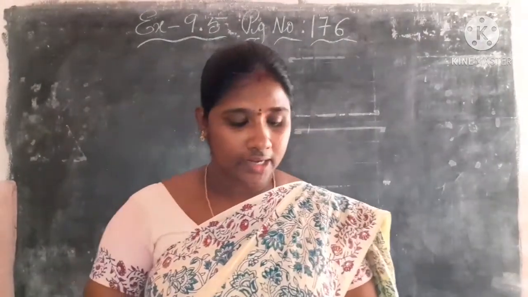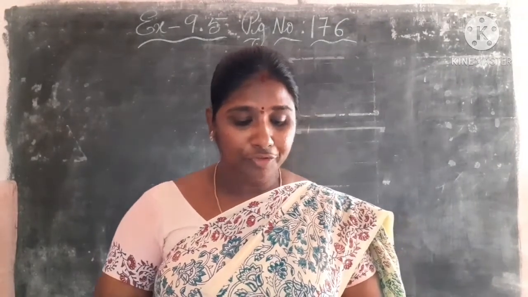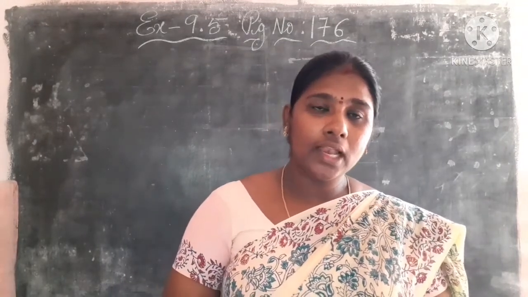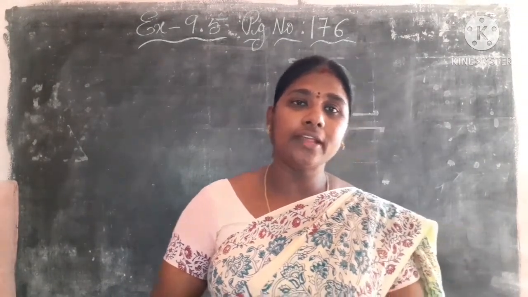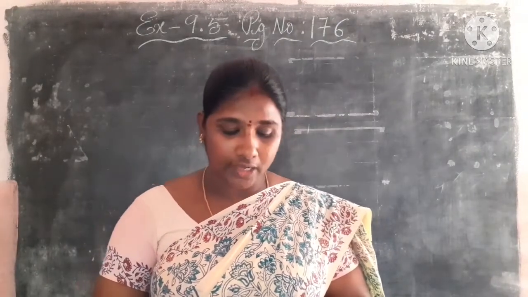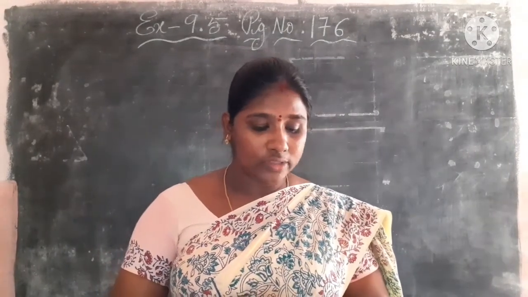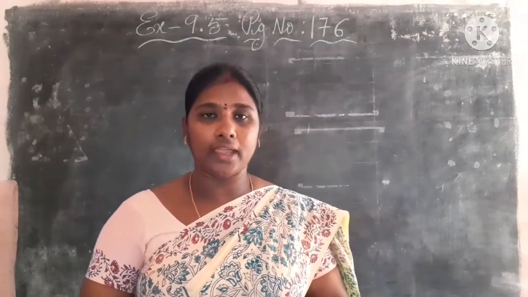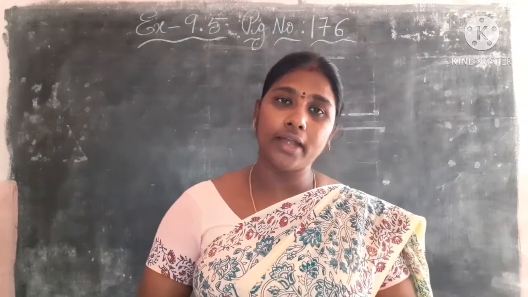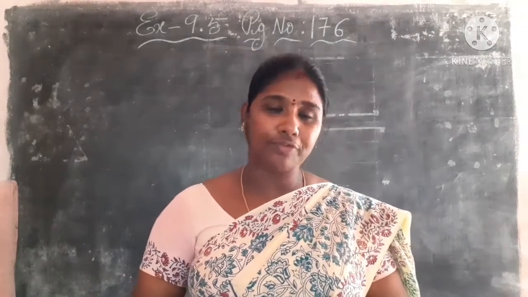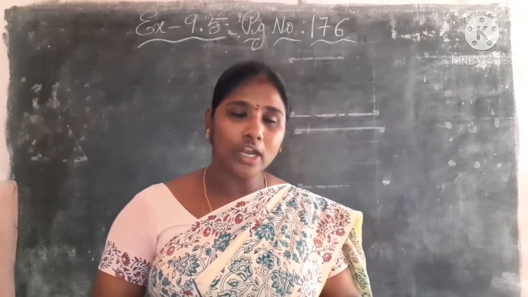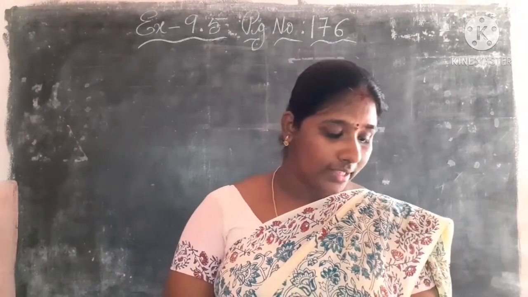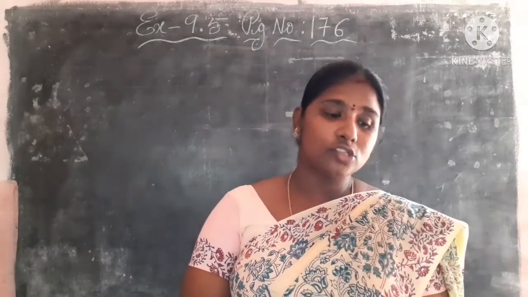See the fifth question. Mrs. Anand needs 15 kg of mangoes to prepare pickles. If 3.5 kg of mangoes cost rupees 200, how much amount does she need to pay? So 3.5 kg is equal to 200 rupees. Total how many kgs does she want to buy? 15 kgs of mangoes. So what is the total cost she has to pay?